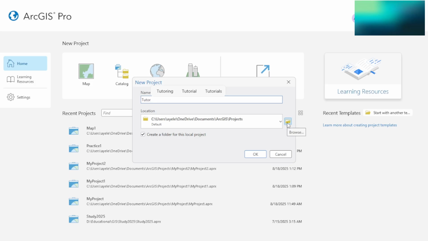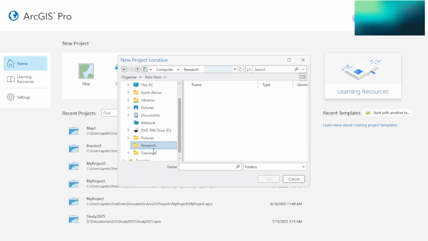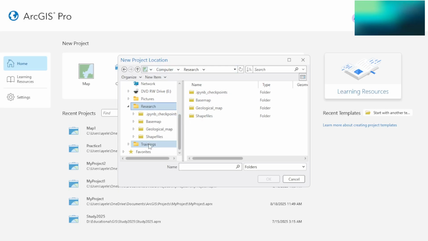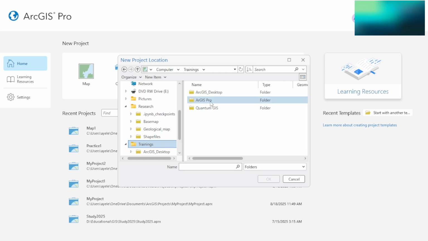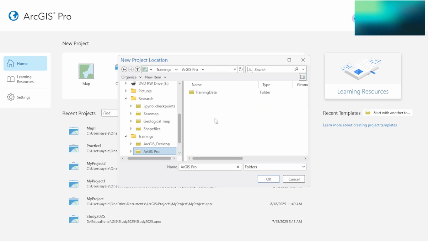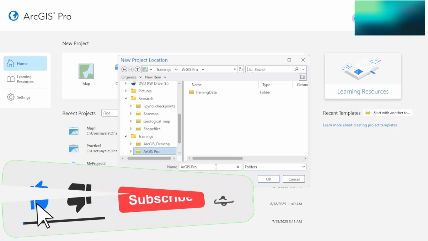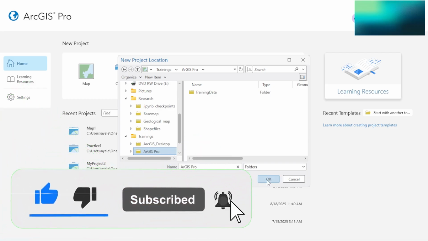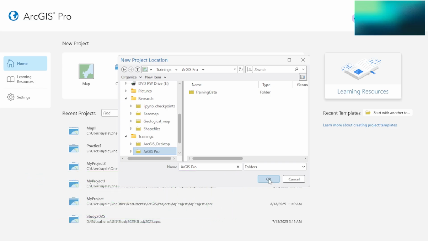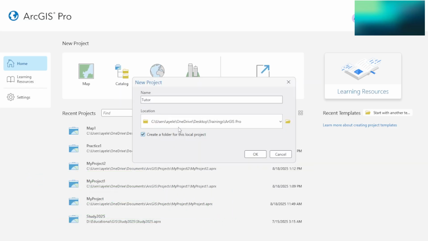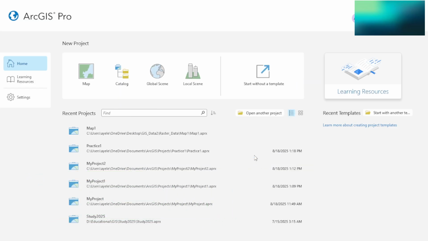Now I can assign the project in my case. My folder name is Trainings on the desktop. From Trainings I can select ArcGIS Pro because I'm using ArcGIS Pro. Then I can select this folder, ArcGIS Pro, and I can click on OK.